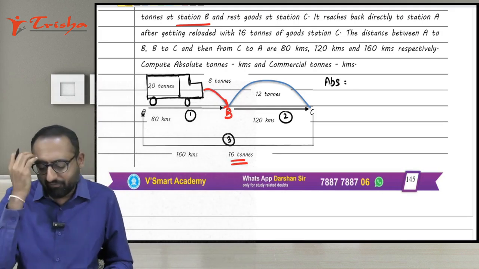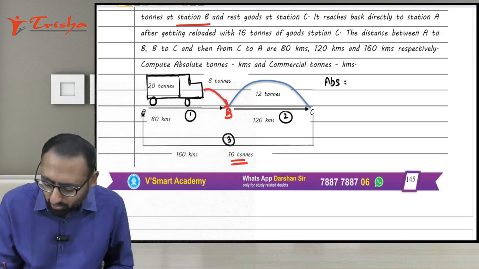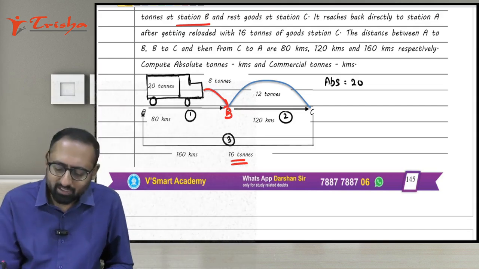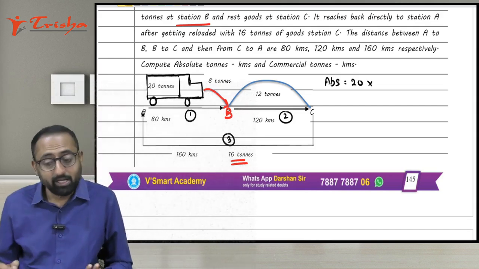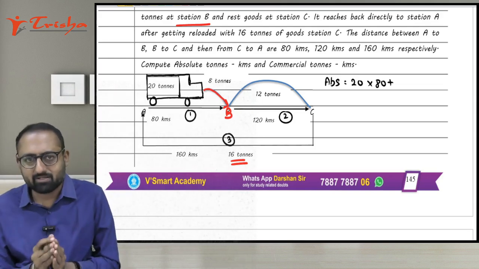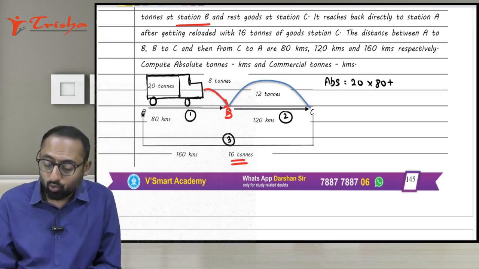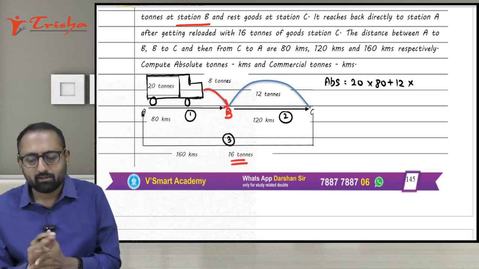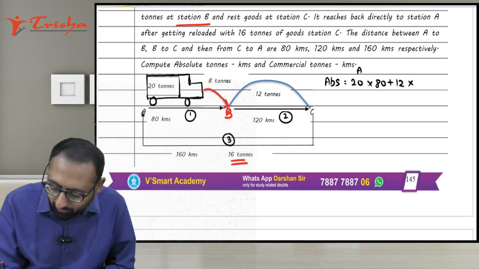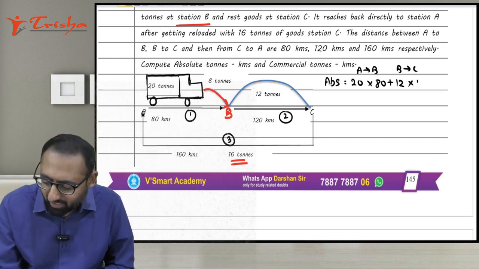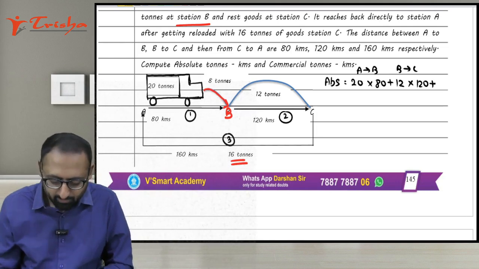The first journey is from A to B. The load from A to B is 20 tons, because it started with 20 tons, multiplied by 80 kilometers. Plus, after unloading 8 tons at station B, the load of the lorry will be 12 tons, multiplied by the distance from B to C. The load from B to C is 12 tons and the distance traveled is 120 kilometers, plus